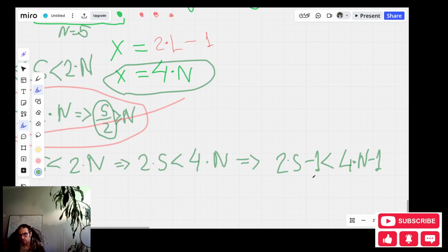And so this means that we can say that the total number of nodes which we need is less than this value.